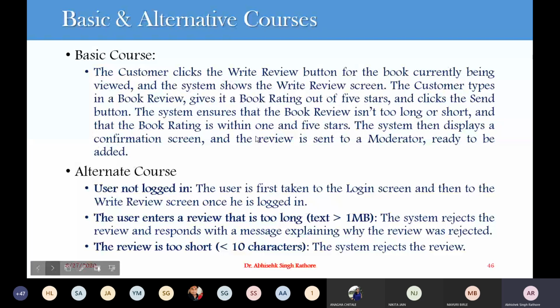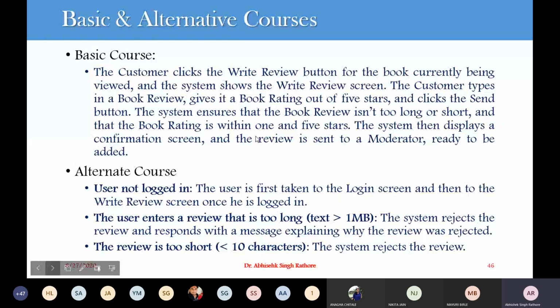Then after having this functionality, you will provide a confirmation screen, and then your review should be sent to the moderator. The moderator will check it, and after checking, the review will be shown on the books catalog. So it will include how information flows from one end to another end. This is very important for developing a sequence diagram.